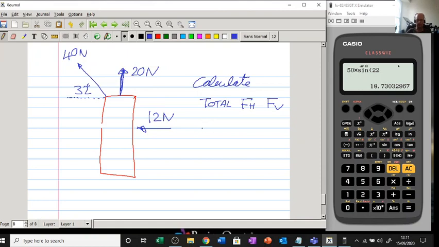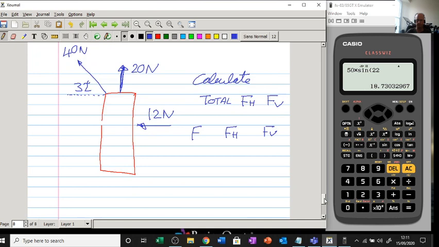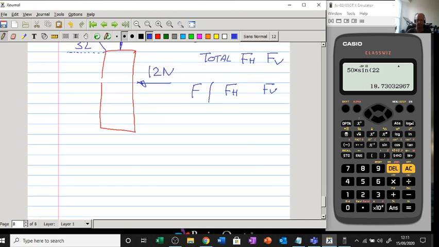So I'm going to do this now. So here's my F. Here's my FH. Here's my FV. Draw a table. If you add up all the forces, you will find any resultant force, right? So